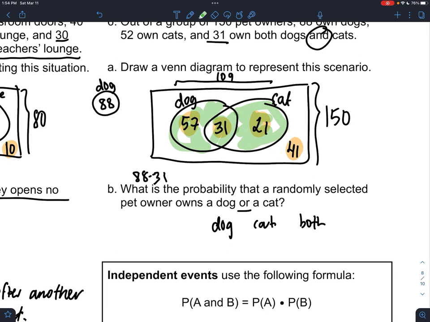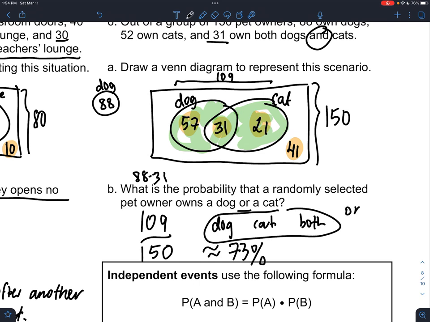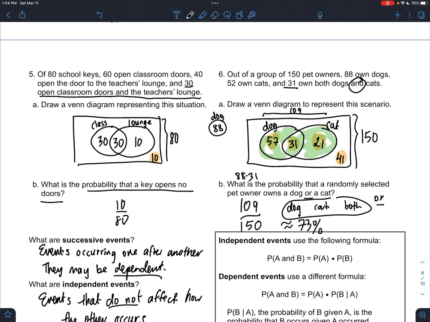So we actually are looking at the entire interior of the Venn diagram. If someone is in there, that means that they own a cat or dog. So that means that we have 109 out of 150. So around 73%. So or for us in this unit, or means